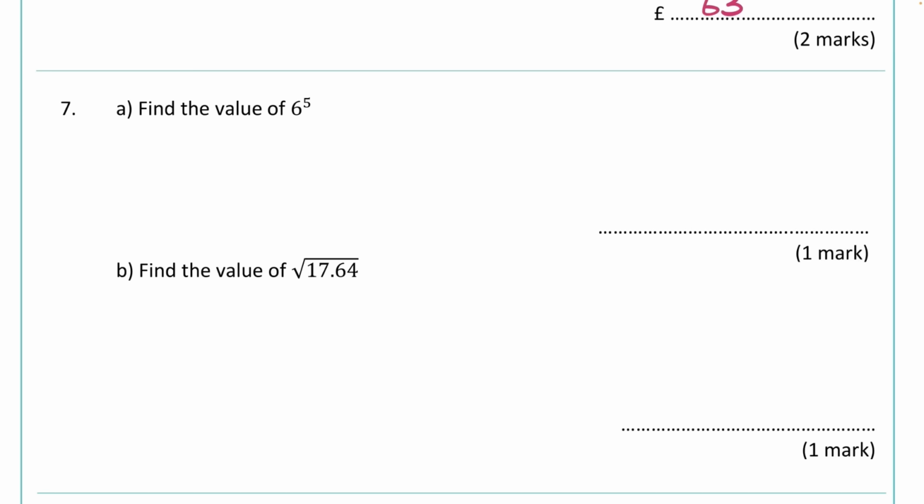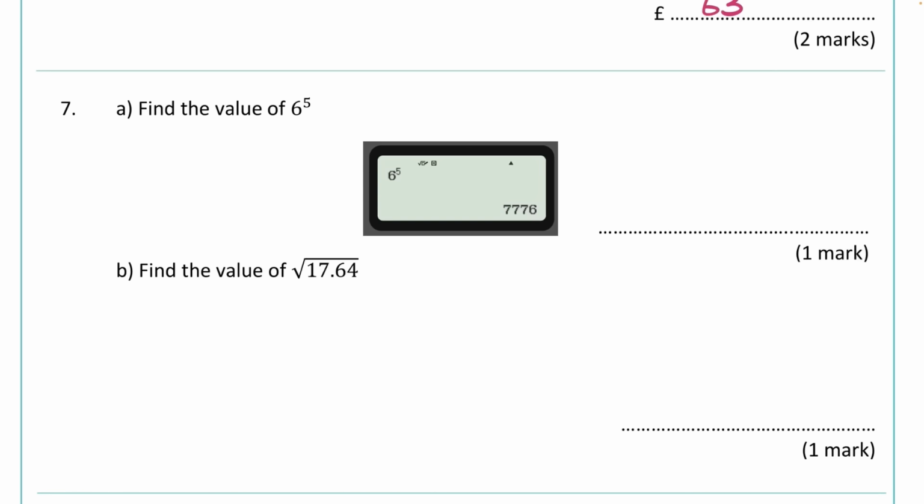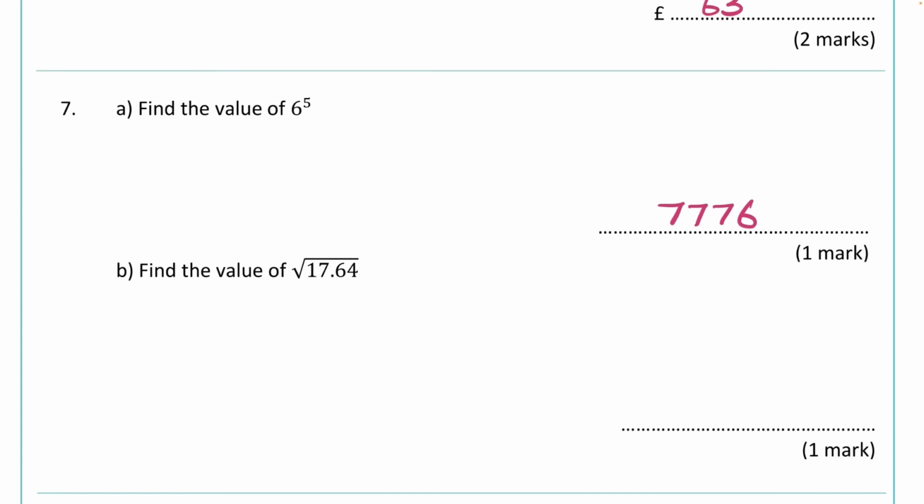so you need to use your power button on the calculator. So 6 to the power of 5, or you could obviously write it down in full. 6 times 6 times 6 times 6 times 6, with 5 6s there. And our answer comes out as 7,776. Now we're definitely not going to know the square root of 17.64, so we definitely need to type that